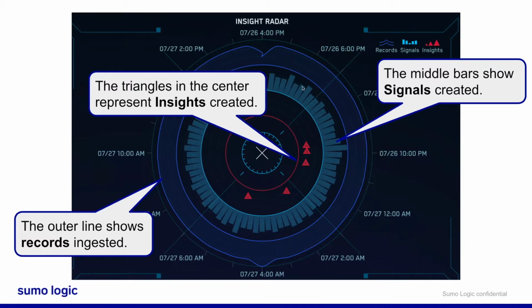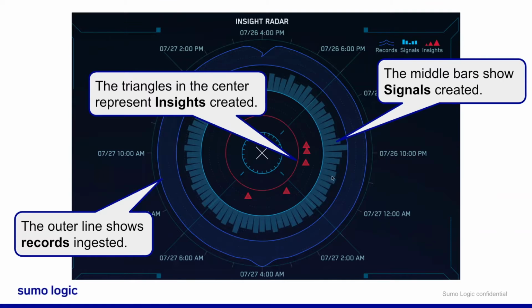And the spikes that we see here, or dips, so here we see a spike, dip, here we see a spike, that's going to represent times where there were more or less records than what the average was. So we're getting a visual understanding of how many records are coming in, a lot, a little, relative to the last 24 hours. The middle circle, which is going to be this light blue with these bar graph feel,